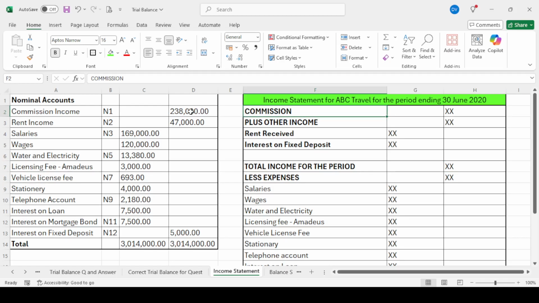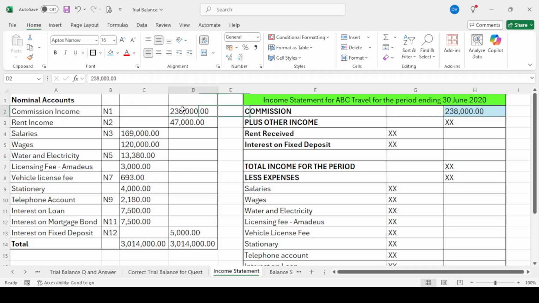So you're going to simply go to your nominal account section of your trial balance. You're going to copy your commission value and you're going to insert it on the right side. This is not about debit or credit side, guys. It's got nothing to do with that. It's calculation columns. You can think of it as calculation columns. Okay. Commission, you have only one section for commission, so you're not adding anything together. You simply copy and paste your commission in the correct place.